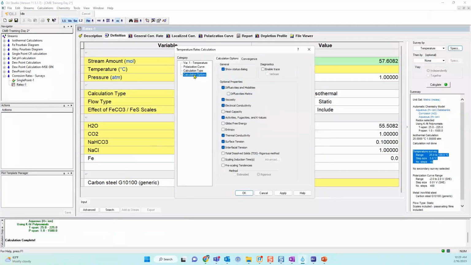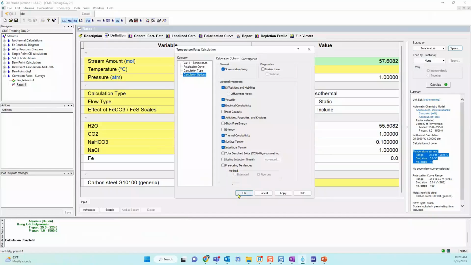And these calculation options here, I haven't talked about this, but basically these are the properties that we turn on by default, the ones that are checked. In some cases, you want to see scaling tendencies, total dissolved solids, heat capacities, etc. And we don't turn them on by default. We leave them off because it will increase the calculation speed, and we want to be as fast as possible. So if you want those properties, you can always come here and turn them on. But at the moment, they are turned off.